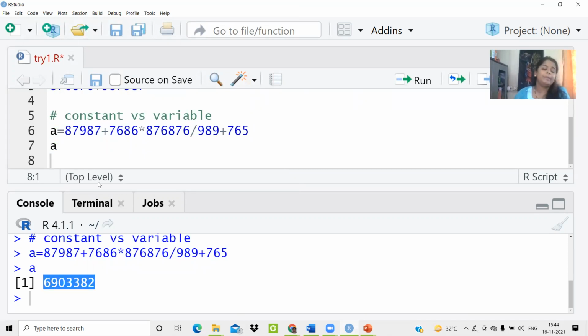So that's basically what we mean by a placeholder or a variable. It is nothing but a thing which is capable of storing the answer of any evaluation that you're performing on the right-hand side of that equation. So that's basically what we mean by a variable.